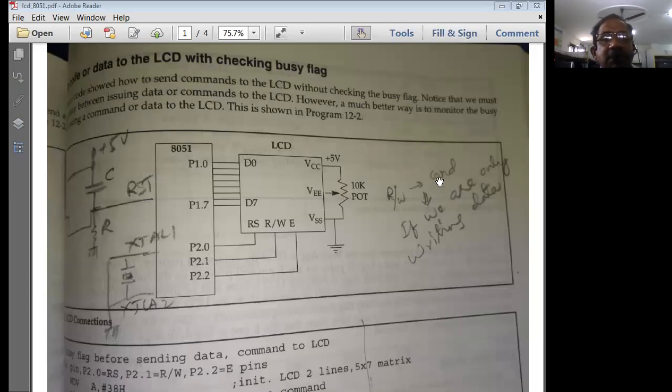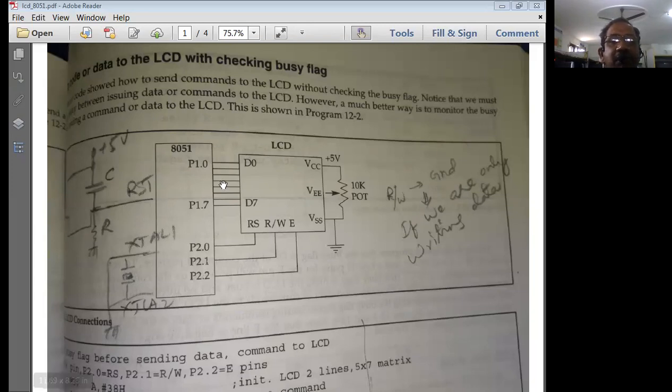So in the previous sessions, we have completed two interfacing circuits and programming with two interfacing devices, an LCD and a keyboard. Now in today's session, we'll try to connect the keyboard as well as the LCD to the 8051 microcontroller. I just wanted to give you a basic block diagram which we have discussed in the previous sessions.